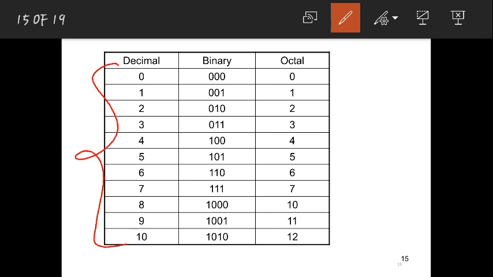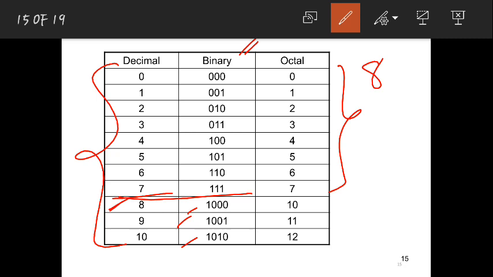For that, these are the octal equivalents because of 3 bits, right? So up to 7 you can write this, but after 7 you can't write in 3 bits. You need 4 bits for that. So here we represent binary numbers in 4 bits. Coming to octal, 0 to 7 we have done this because in octal we know 0 to 7, and after 7 what is 8?